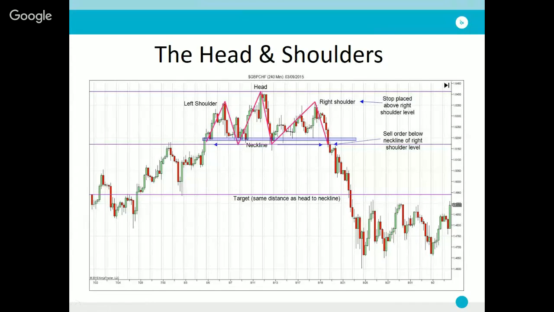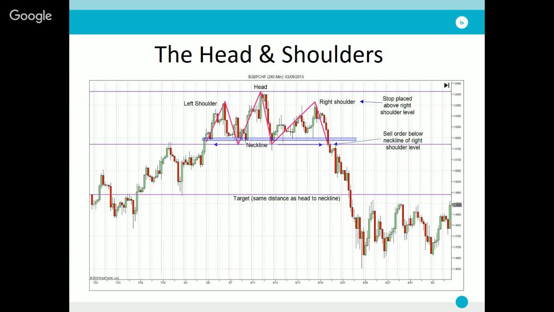Now, this example shows quite a strong textbook head and shoulders forming along a horizontal neckline. So you'll see that both the left shoulder and the right shoulder line up equally at the same level. However, this won't always be the case, and you will get times when there is a sloping neckline and you get a left shoulder forming at a different level to the right shoulder because of the sloping neckline. But these are still valid patterns. They can sometimes be a little trickier to trade, but they're still valid patterns. However, this is the classic textbook head and shoulders pattern. When you see this in the charts, when you're flipping through the charts, hopefully this should jump out at you